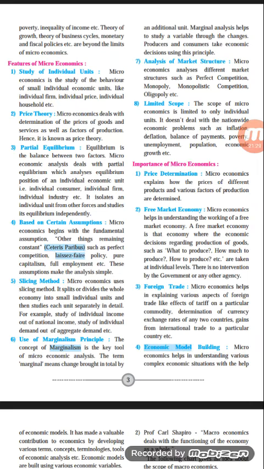For example, the cost of manufacturing the first one will be 1 rupee, the second one is 2 rupees, the third one is 3 rupees, and the fourth one is 4 rupees. And the benefit that people derive by consuming the first one is 5, the second one is 4, the third one is 3, and the fourth one is 4. But the cost of manufacturing keeps on increasing, and the benefit after consuming that particular commodity keeps on reducing. So here we can say that marginal